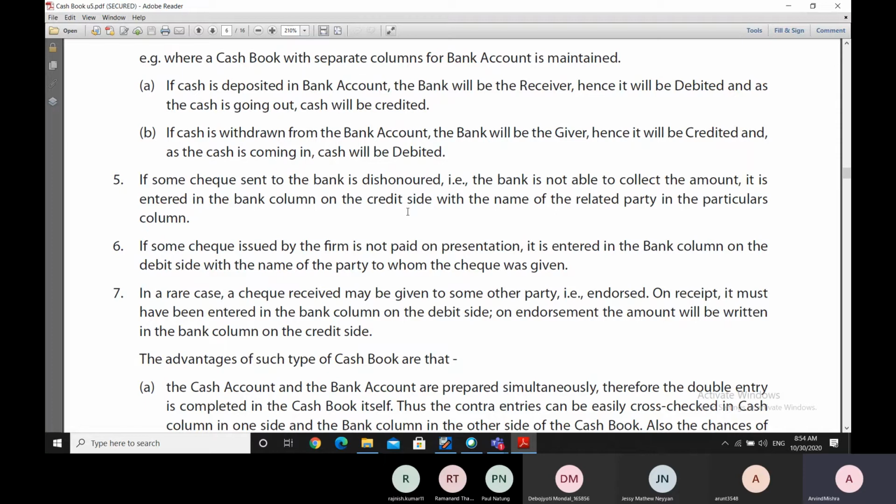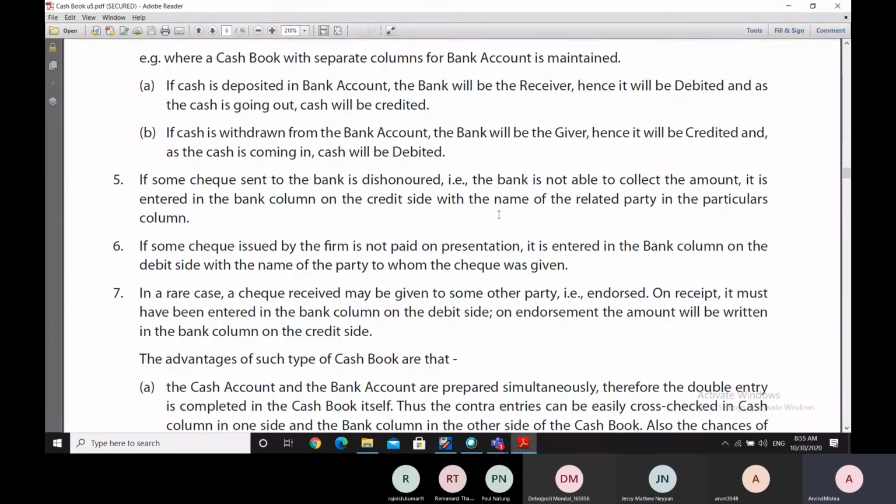Now, if some check is issued by the firm and is not paid on presentation. The check is issued by, let's say, our business, and it is issued to any party. So what we do is that we have issued the check to a party. So we treat it as if the payment has gone out of the bank. So payment side is the right side, the cash book. So we have written that check amount on the right side of the cash book as if we have made